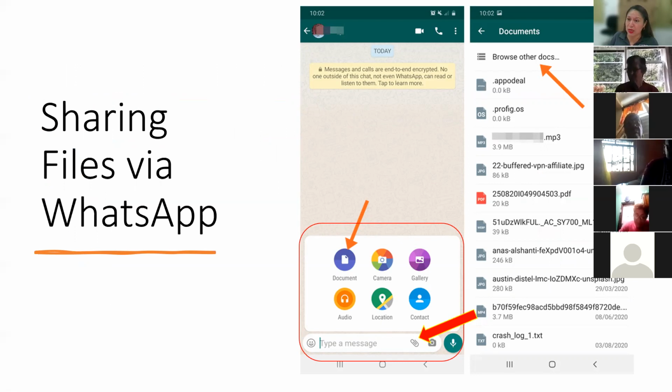First of all, we need to select the recipient. Whom is it that we want to send the file to? Once we open the chat box, we want to look for this paperclip icon here. This paperclip icon is for attachments. Once we tap on the paperclip icon, it will give us these options for attachments. In other words, it gives us the ability to attach documents,